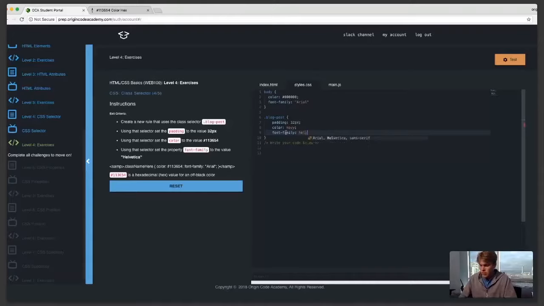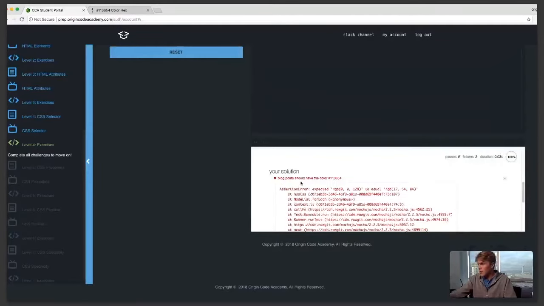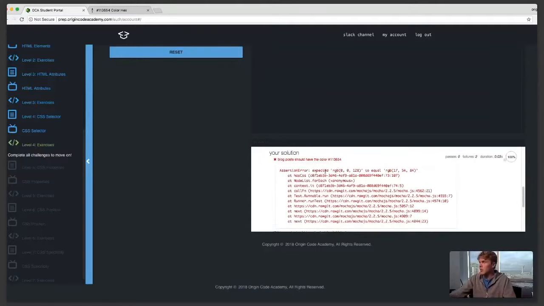Let's try just Helvetica. All right, so that should satisfy our exit criteria. Let's go ahead and try to test that and see if we get a passing result. And it looks like not quite, because it's expecting the actual hex value. So the test must be looking for,